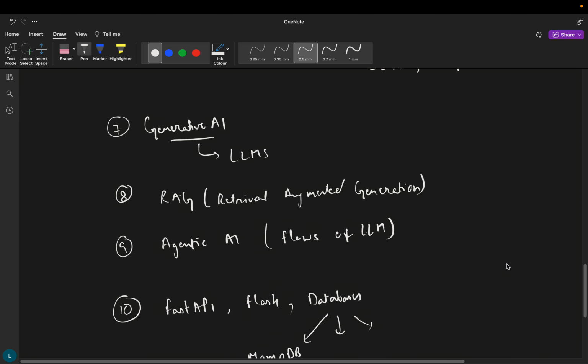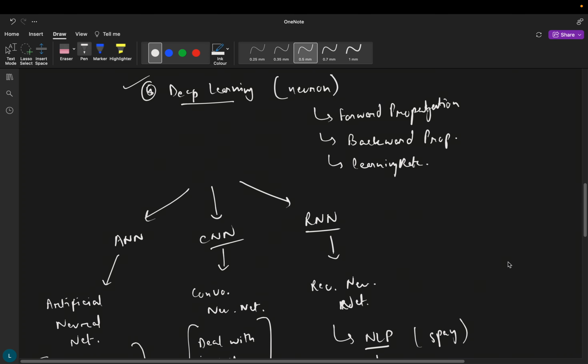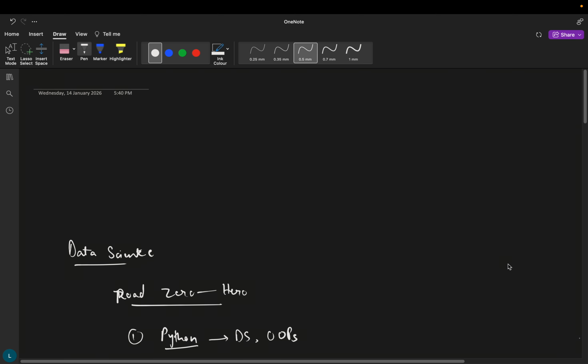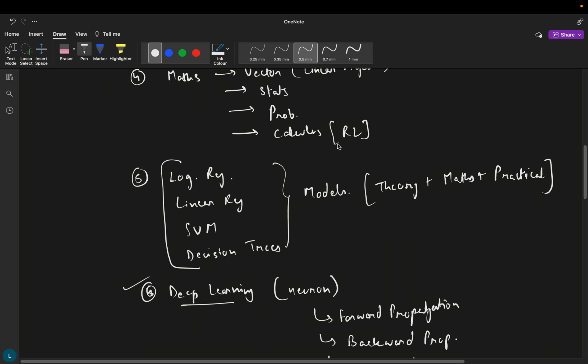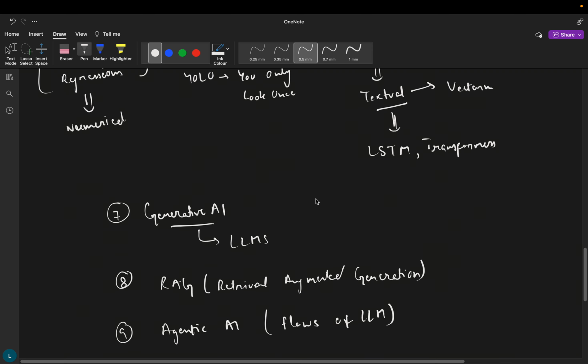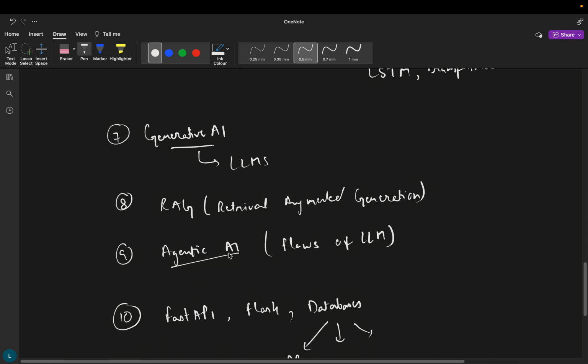So these are the basic 11 steps that you can follow to get advanced in the field of data science. This is the proper roadmap to become zero to hero in data science, and all of these steps will not take more than 8 months. If you can dedicate yourself for 6 to 8 months, you are going to be a master in the field of data science, covering all of these things. And right now, agentic AI is in very high demand. RAG models, generative AI, agentic AI, these are high paying jobs.